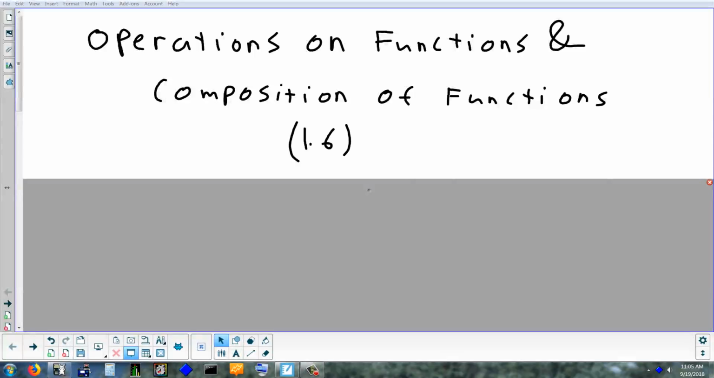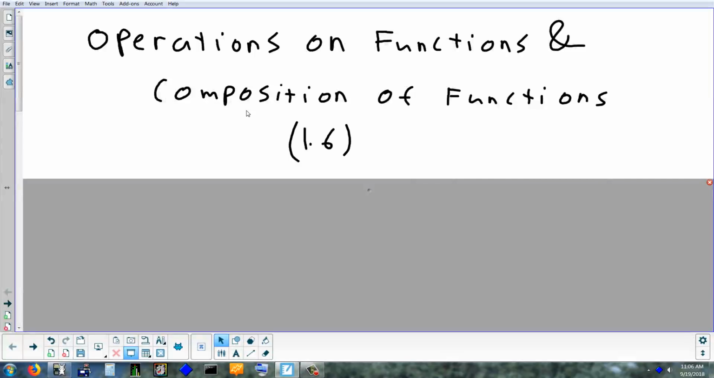Okay, so the last section we're going to look at in chapter 1 is 1.6. The first part of 1.6 talks about different things we can do to functions. We'll talk about some simple operations, and then we'll get into one called composition. And then the last thing we're going to look at is a chart that shows us all the transformations that we've learned. It just organizes them all into one nice chart so we can see, in general, how